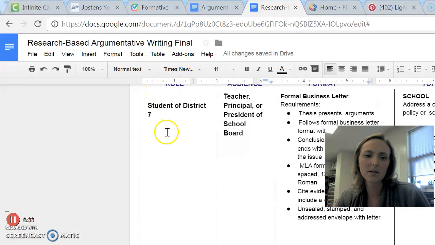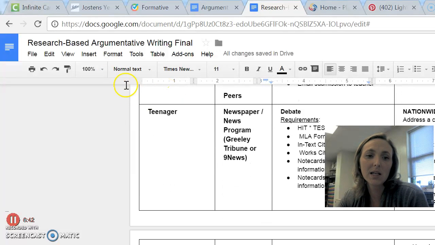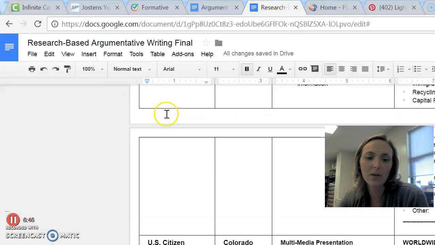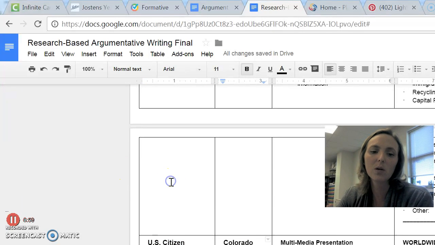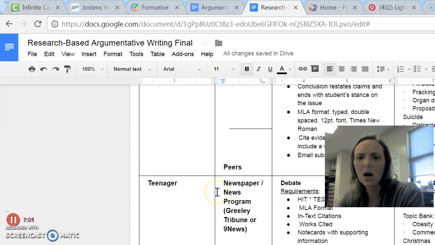But as a student, you might just be discussing that with the school board, etc. As a teenager, you might just choose a teenager and then write to the Colorado State Legislative or the House of Representatives. So you have to choose whatever role, the perspective you're writing from, and then who's going to be the appropriate audience.